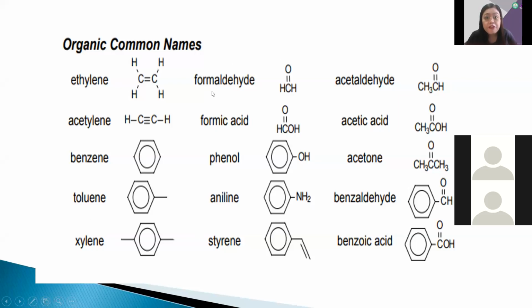And then we have formaldehyde. You have here the structure. H-C double bond O-H. Remember, formaldehyde is our formalin. We use that one to preserve tissues or the bodies of the cadaver. That's formalin or formaldehyde. And then we have formic acid, which is a byproduct of the metabolism of alcohol inside our body,